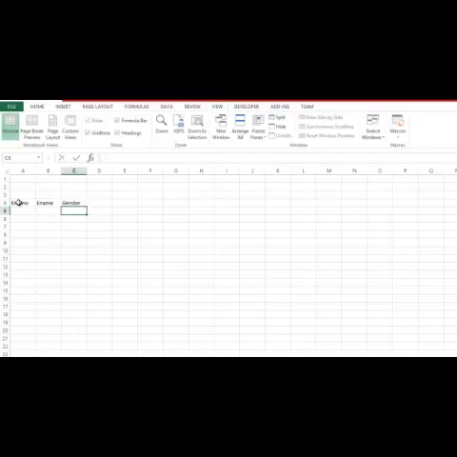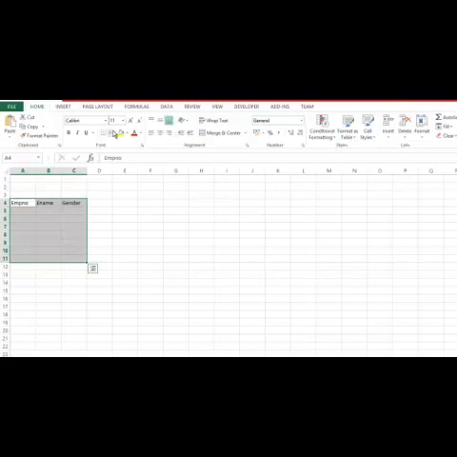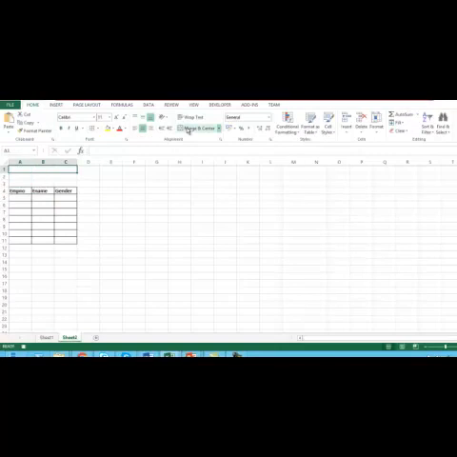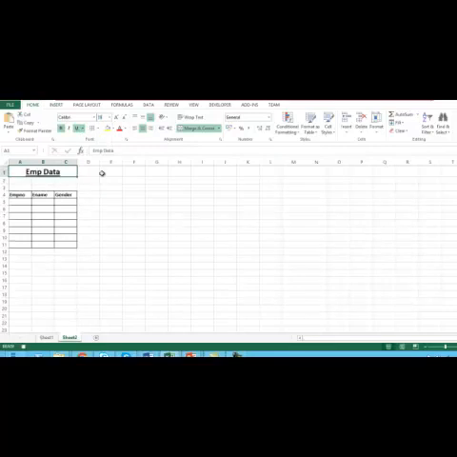Once we type this, let us give some borders to this, and then let's make this bold. Let's give a heading, EMP data, and then make this bold and underlined. If you want, you can increase the size. So do whatever process you want.